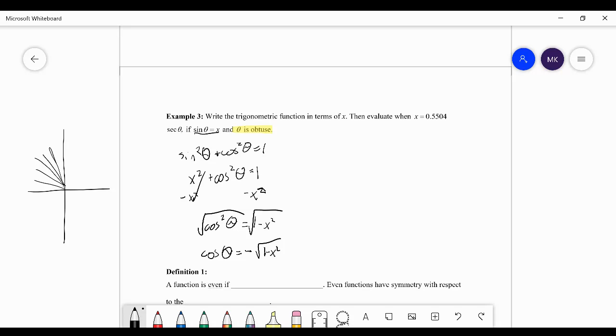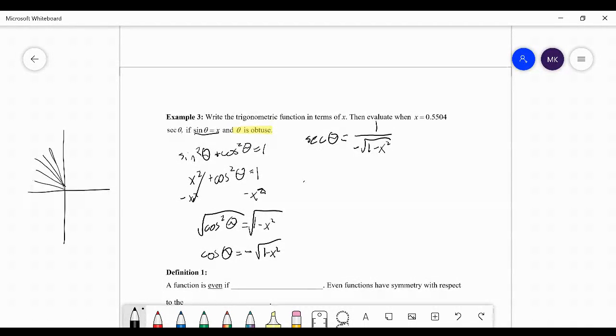All right. So if that's cosine, that means that secant of theta is 1 over negative root 1 minus x. That's a terrible, I don't like that at all. That secant of theta is 1 over negative root 1 minus x squared. There we go. We have an expression that gives us the value of secant of theta in terms of x. Now we're told that x is 0.5504, so we can just really simply